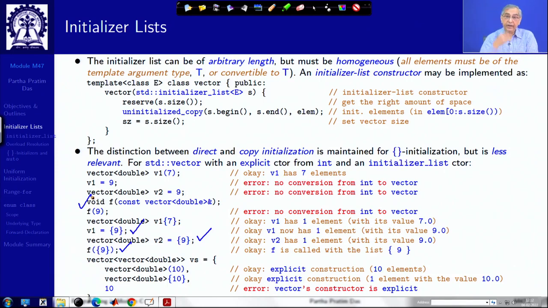Right. So, every element, the initializing element for Vs has to be a vector of double, because that is the element type. So, I define vector double within parenthesis 10. What does that mean? That means an explicit construction of 10 elements. Whereas, if I use curly brace, it means an initializer list. So, it means a list containing one element 10. So, it is an explicit construction of a vector having one element with the value 10.0, 10.0 because it is